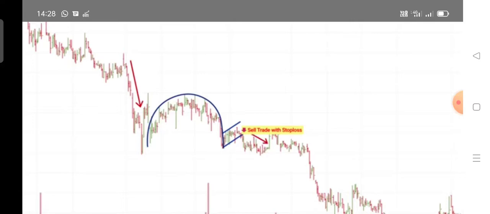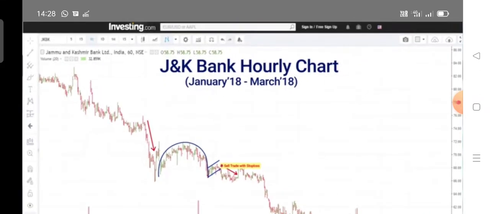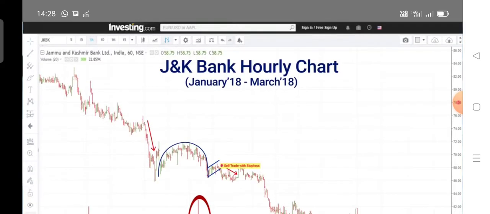Ideally the volume should be lower during the cup formation, and when the downward movement in the handle is happening, if during the inverted cup and handle pattern the volume is a little bit on the higher side, then it is an affirmative signal. We can be more assured, and in the breakdown again if the volume is higher we can be more assured. But remember one thing, in the case of cup and handle or inverted cup and handle or any classical technical pattern,